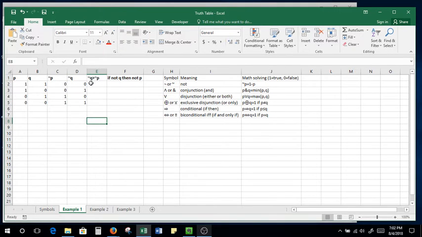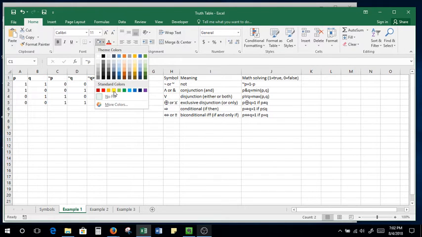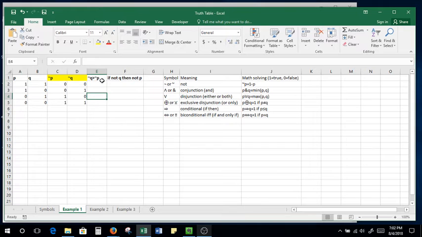Okay, so we're looking at not P and not Q. So we're looking at these columns, or rather not Q, not P. And this is how it would be written in words. When you've been traditionally taught how to do this, I imagine your teacher taught you to write out or think about this as a real world occurrence. That takes a lot of time, and it can get kind of fuzzy what some sentences actually mean in the end. So even if you were or are comfortable with that method, give these a try because